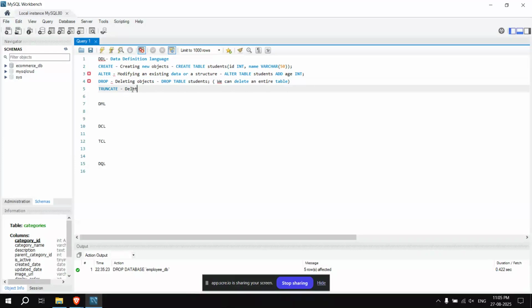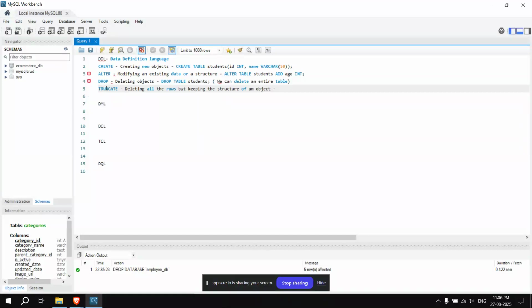Truncate means deleting all the rows but keeping the structure of an object. By using this truncate clause, or you can say the truncate command, we can delete all the rows and columns inside a table.